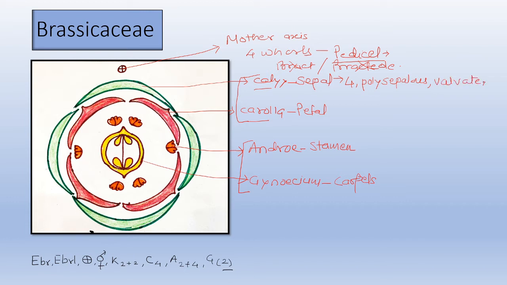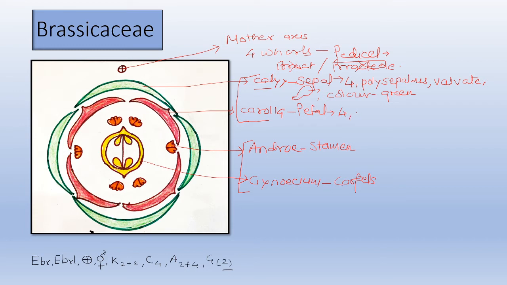Then we have to mention its shape. In this case, it consists of a pouch-like structure. So we have to mention its shape and then its color. How is the color? It is green in color in case of the Brassicaceae. So this much we have to mention about the calyx. Then we will move on to the petals. In that case also, we count the number of petals. The number of petals is 4.